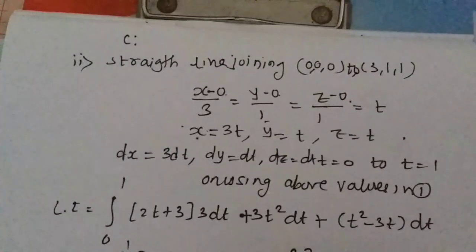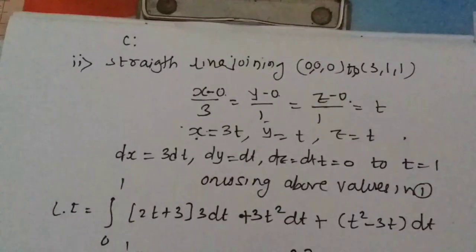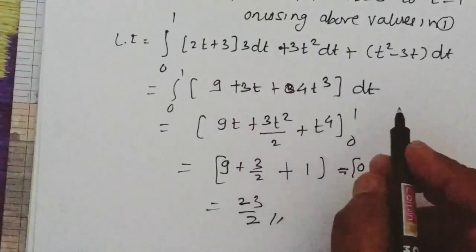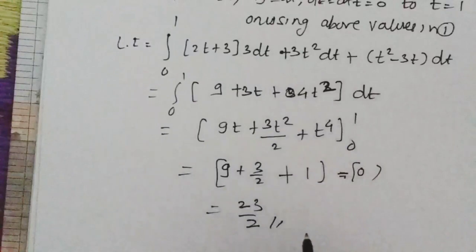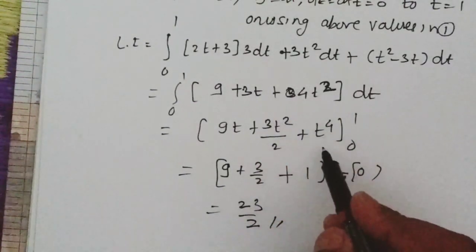Now integrate with respect to t: 9t, the second term's integration 3t square by 2, and 3t square plus t square, 4t square, so the integration will be